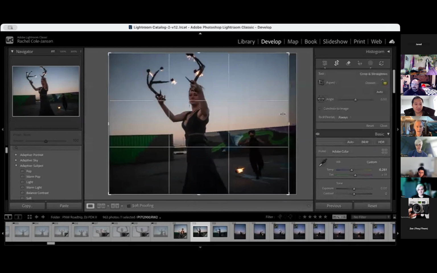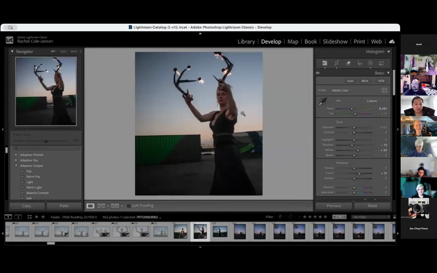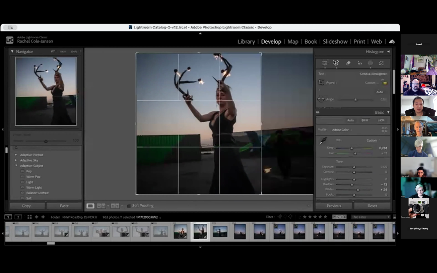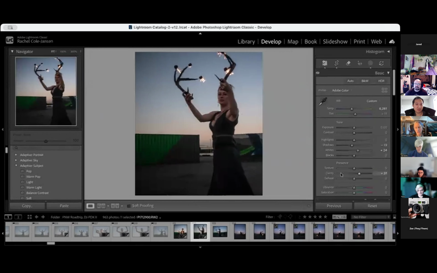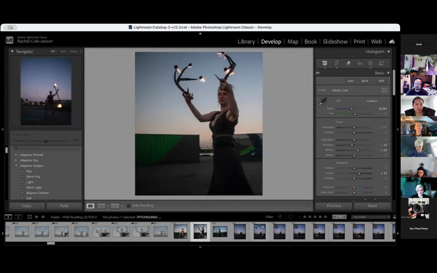Someone is asking, do you care about maintaining aspect ratios while you crop? Kind of depends on what I'm shooting for. If I'm getting a little more finicky, I'm not really messing around much with that here. I might do a rotation here, but with aspect ratio, I find that when you're